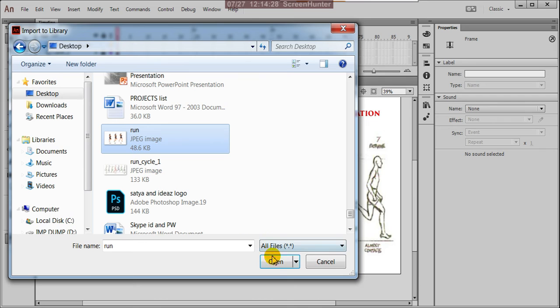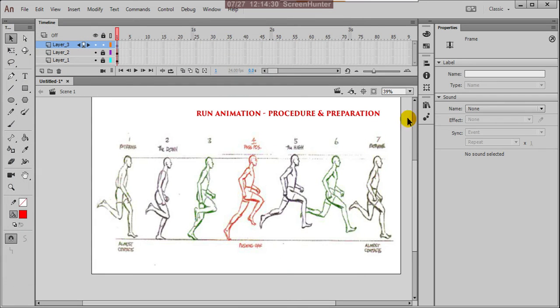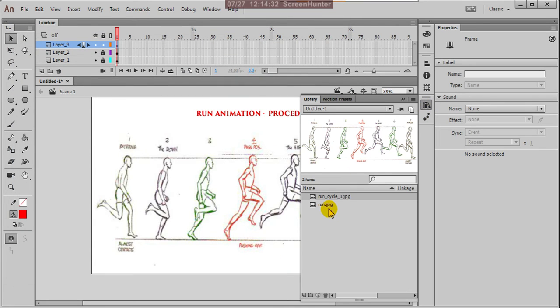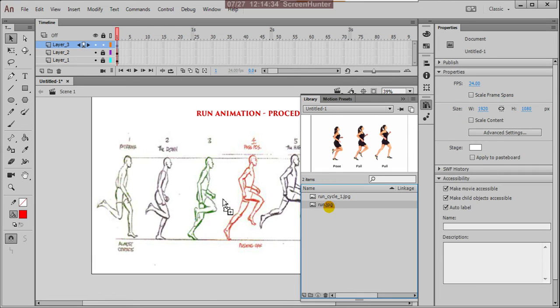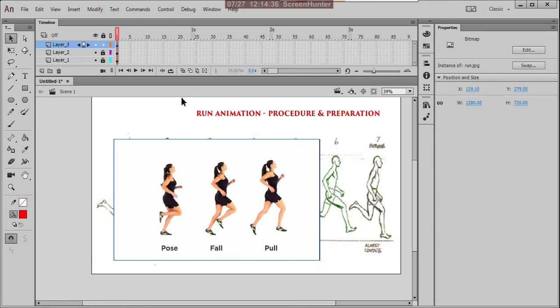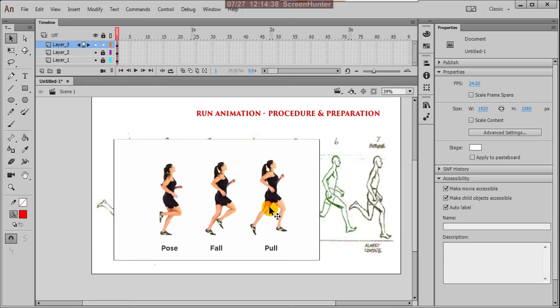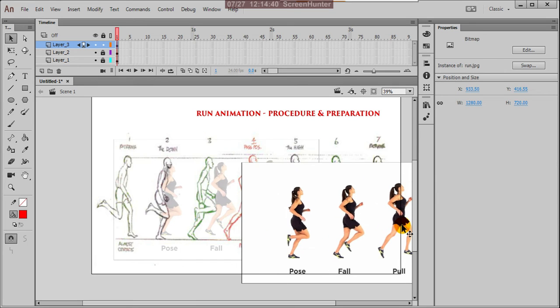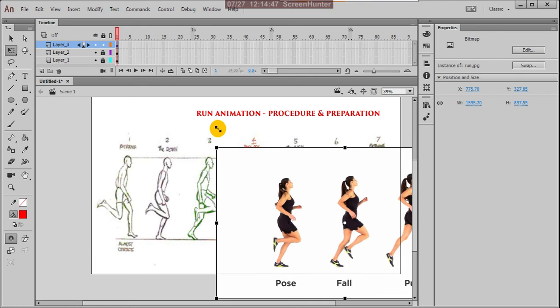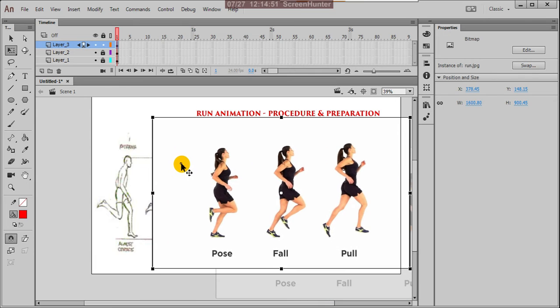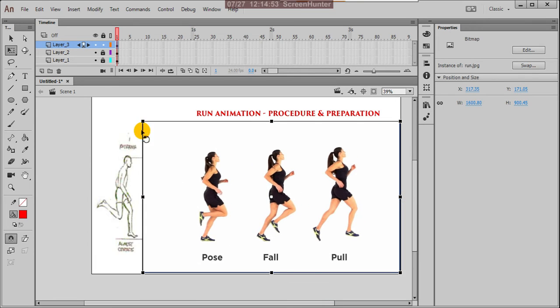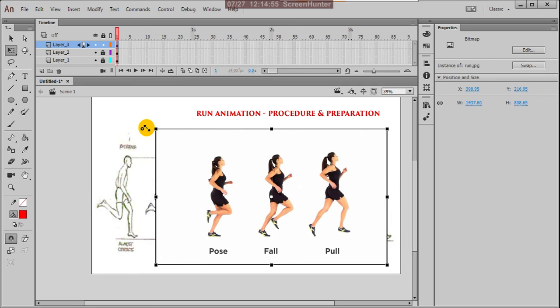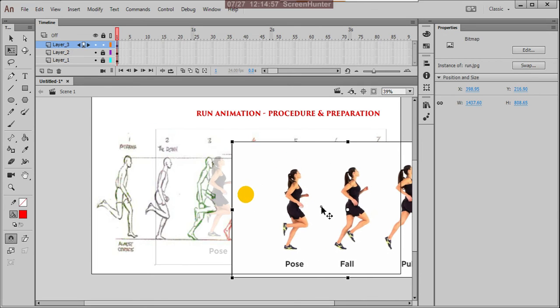This is a run. Okay, so it is in the library. You get this. Now see, you can make it a bit bigger.